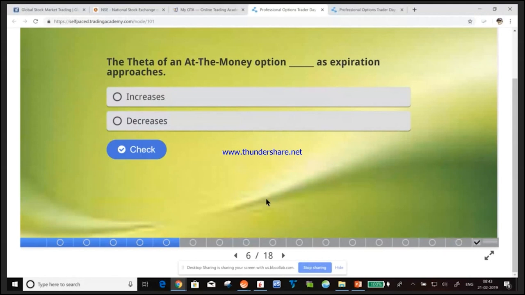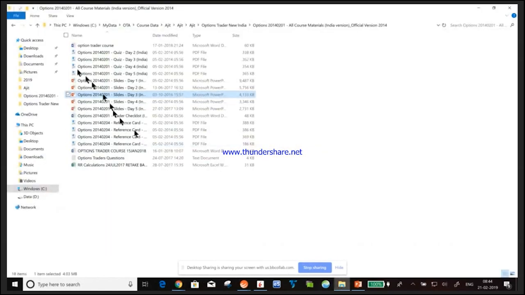The theta of an at the money option dash as expiration approaches. Why did you put decreases? Tell me the rationale behind it. Oh, then do it as per rhombus. If you see,